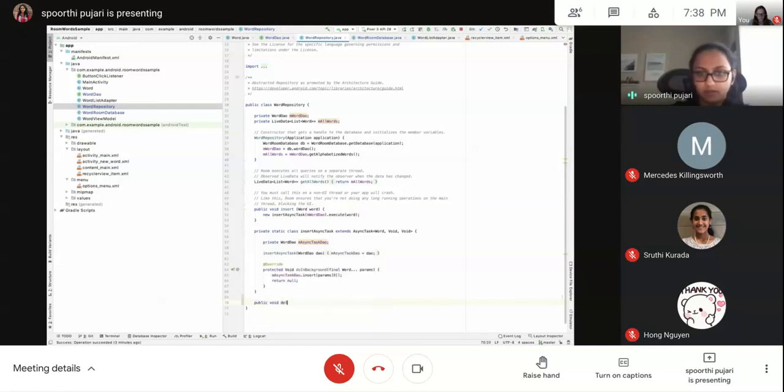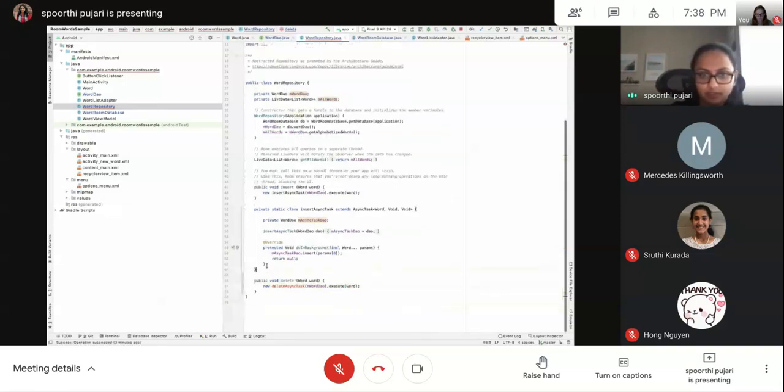Public void delete, and we need the word that needs to be deleted, and we'll create a new delete async task. We're passing the DAO to this, and we're passing the word to the execute method.